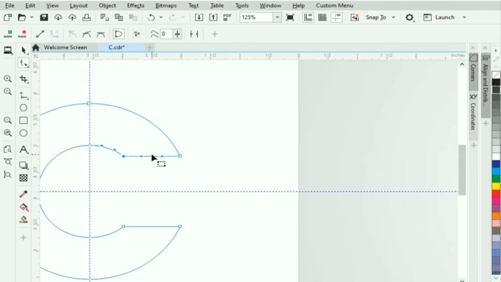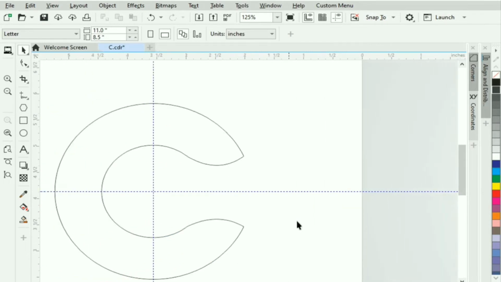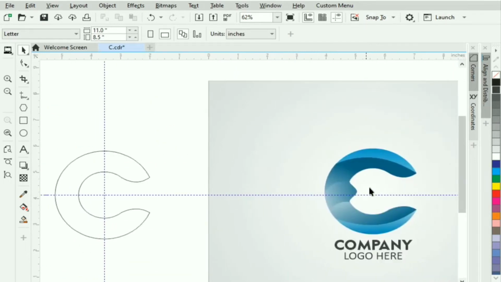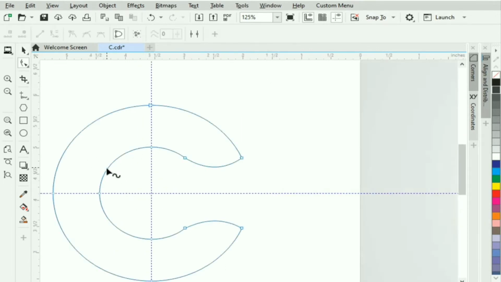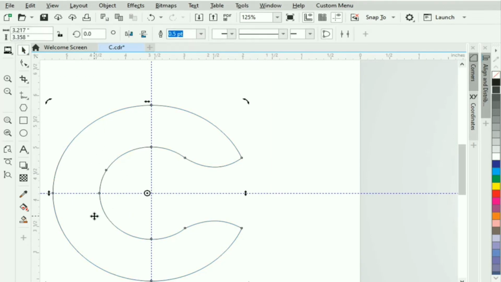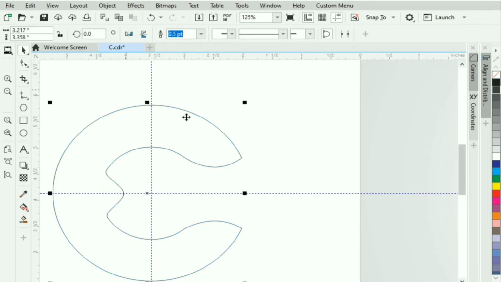Double click in. Okay, curve this like this. Okay, double click and create another node. Move this node,